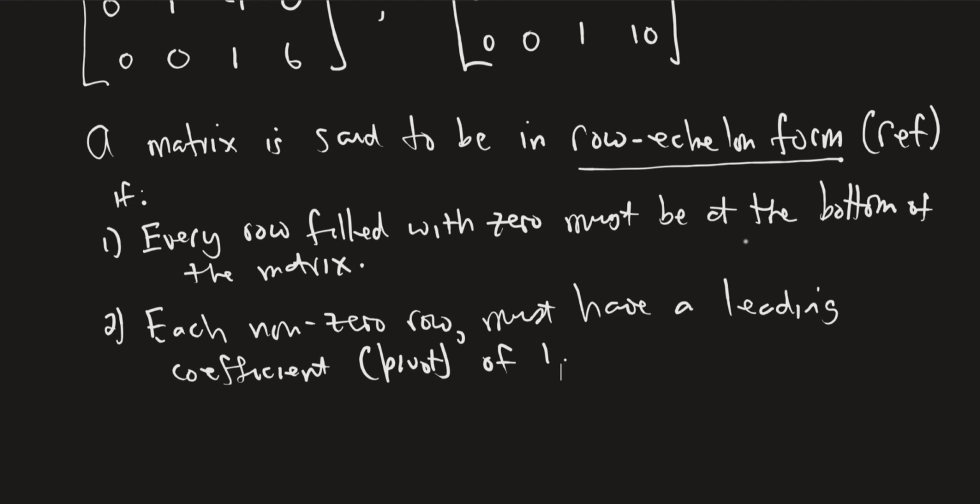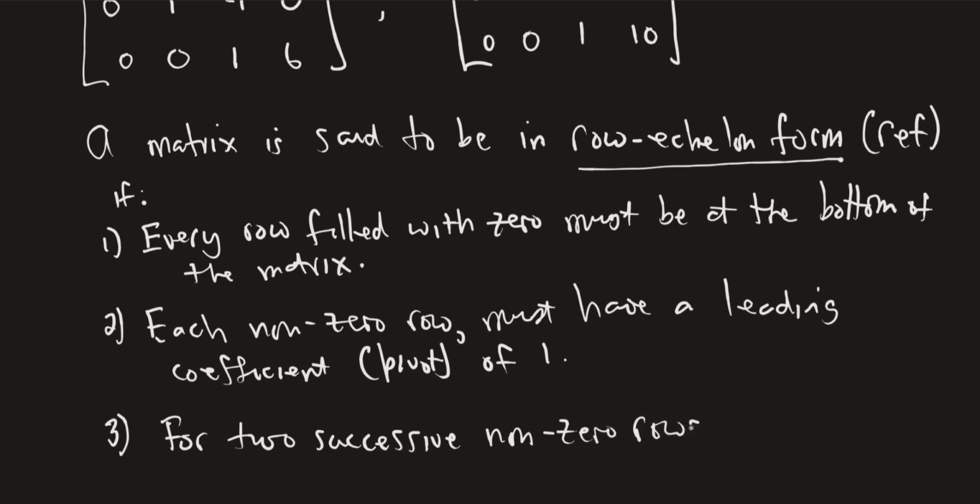And the third one is this, and this is the one that gives rise to that staircase kind of pattern going down from left to right. For two successive non-zero rows,